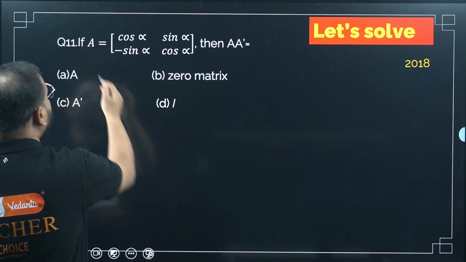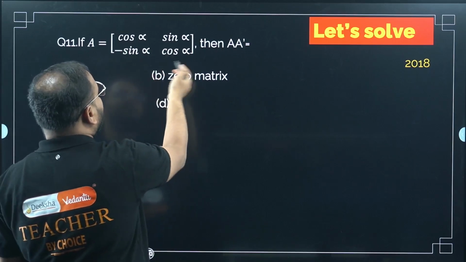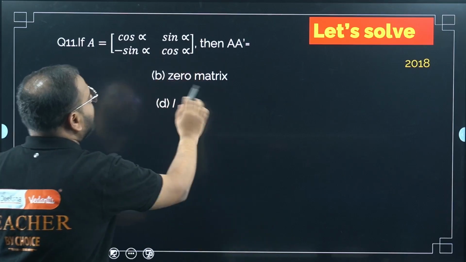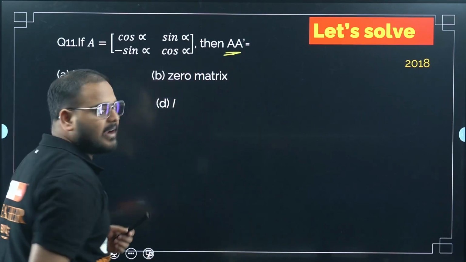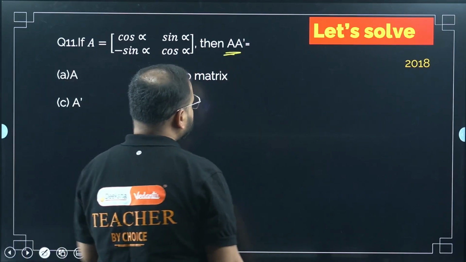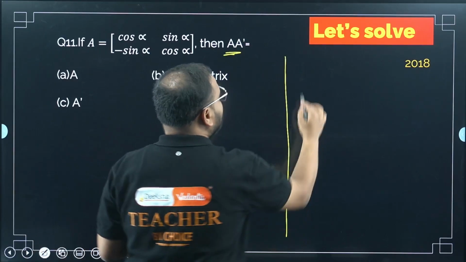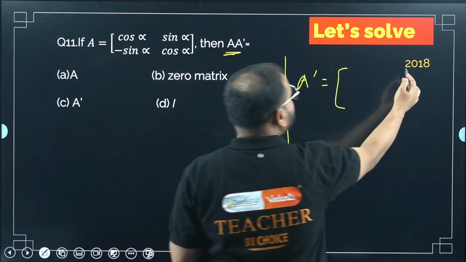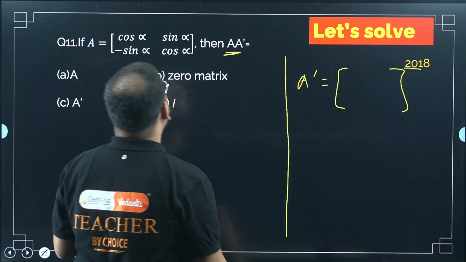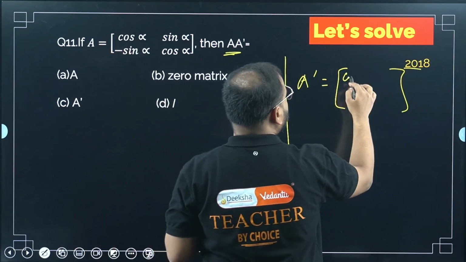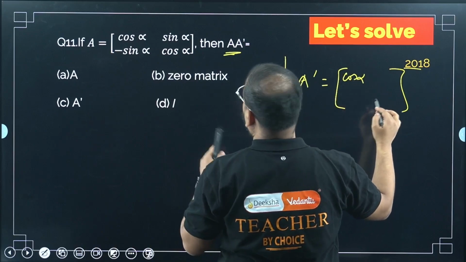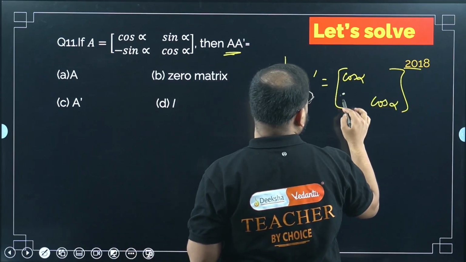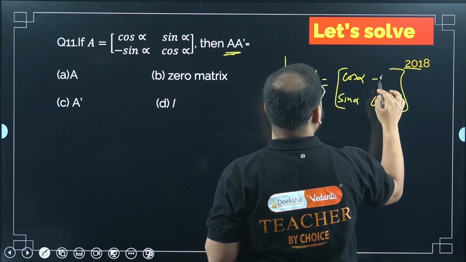So this says A equals to cos alpha, sin alpha, cos alpha. So given matrix in the form of trigonometric ratio for the angle alpha. Now they're asking us to find A dash A, right? How will I find A dash A? A transpose, sir. Keep the diagonal element same. It is a PYQ question 2018 they have asked. So diagonals will be same, sir. So cos alpha. This will be again cos alpha only, sir. What is this? This will come here. So sin alpha. And what is this? Minus sin alpha.